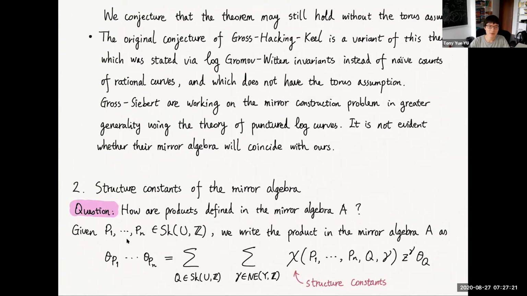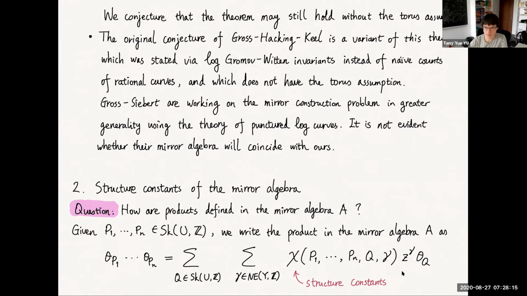So given some points P1 to Pn in this set SKUZ, some integer points in the essential skeleton, we write the product in the mirror algebra A of the basis elements theta P1 to theta Pn as follows. This product is supposed to be an element in A, and recall that A is an R algebra with basis this set SKUZ. So we can just write this element as a sum over all points q in SKUZ of the basis vector theta q with some coefficient